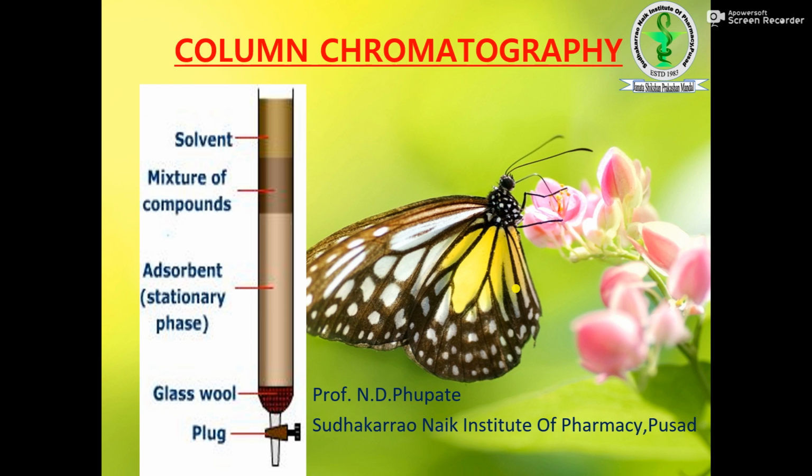Even there is a last technique, the two-dimensional one, in which initially we do the spotting, like the initial ascending chromatography. The same way, the sample we apply and it runs. Then we move that stationary paper by 90 degrees, a right angle, and again we run the separated substances, so we get a more accurate result in this case. We discussed that one.